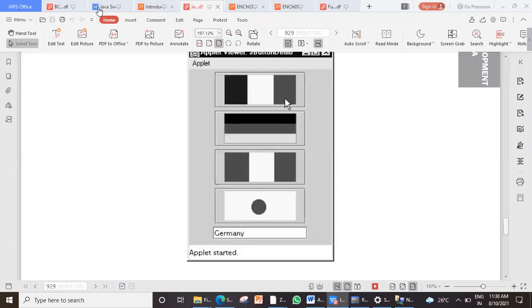How many buttons do you see here? Four buttons. Do they have any string on them? Images are there. These are the flags belonging to different countries. Now you have a text field. It is going to display the country, that flag on which you are clicking.